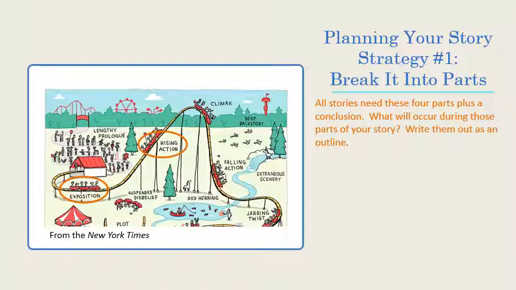The next thing that you need is rising action. So if you have a character and you know that this character has to change and evolve, you know the character has needs and wants, then you have to start pushing that character in a direction that's going to get them there, right? What's going to get them there? And it's going to lead to that conflict. How are the need and the want going to conflict with each other? And you're pushing that need and that want together. So in what ways are you going to lead the character through the setting so that they have to confront the difference between their need and their want?